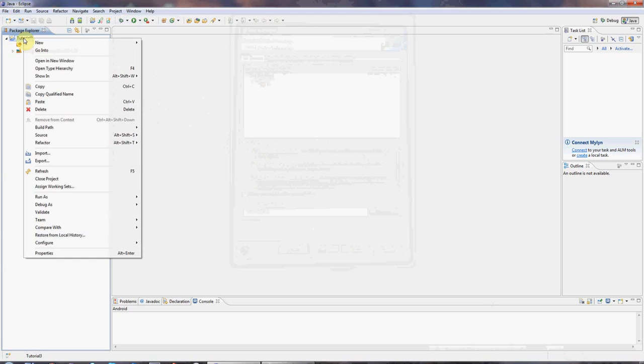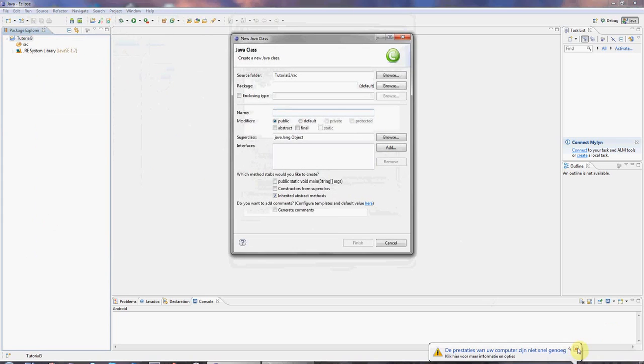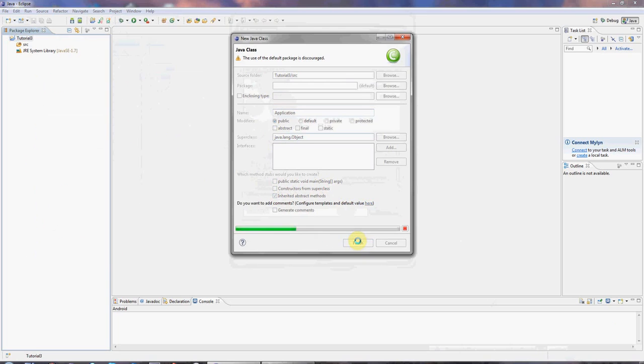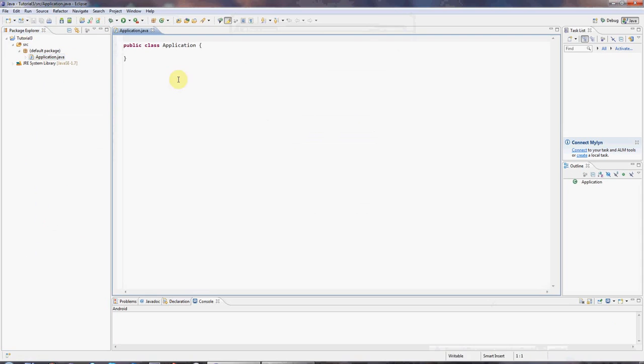I'm going to right click on the project folder and go to new class, and this time I'm not going to tick public static void main. I'm not going to ask it to create a main method just because I want to show you a different way of doing that. I'll give the class a name. I'm going to call this application. Click finish,